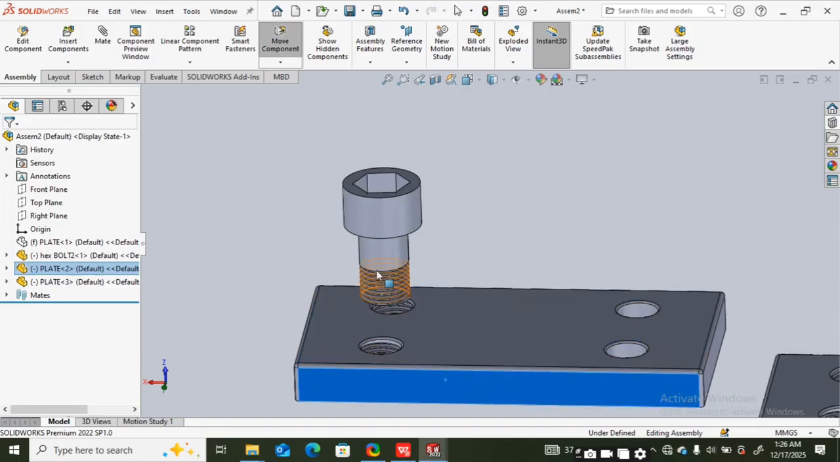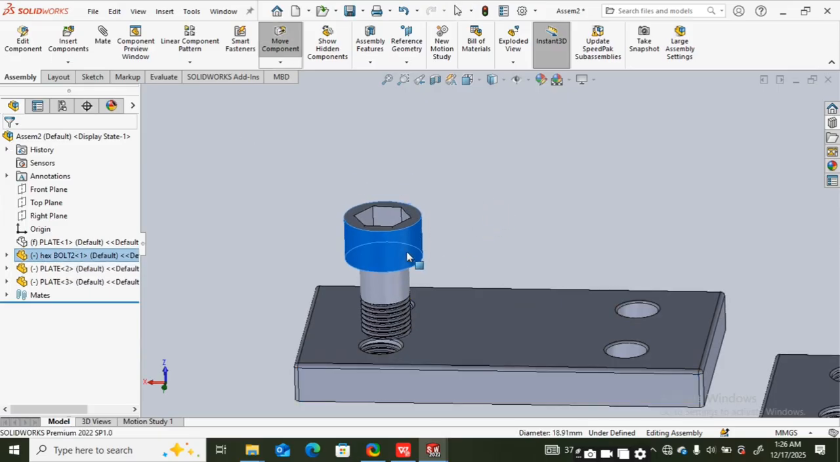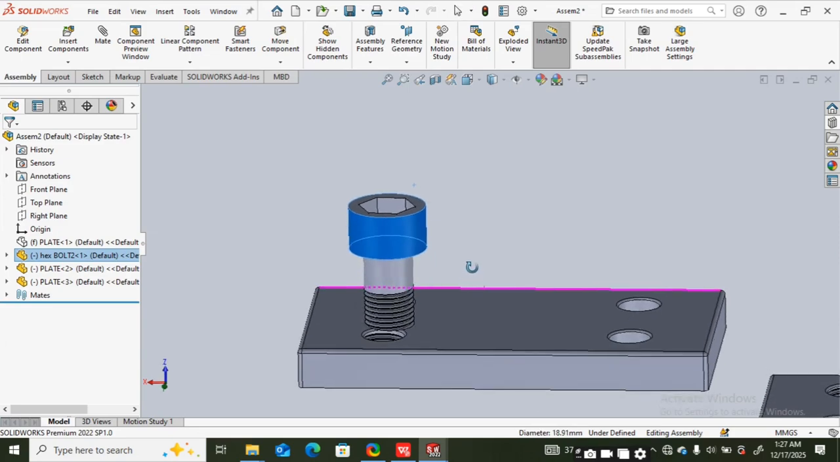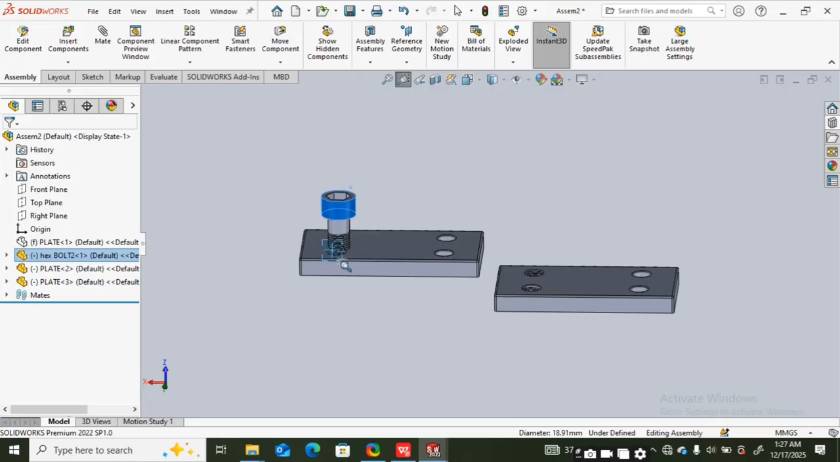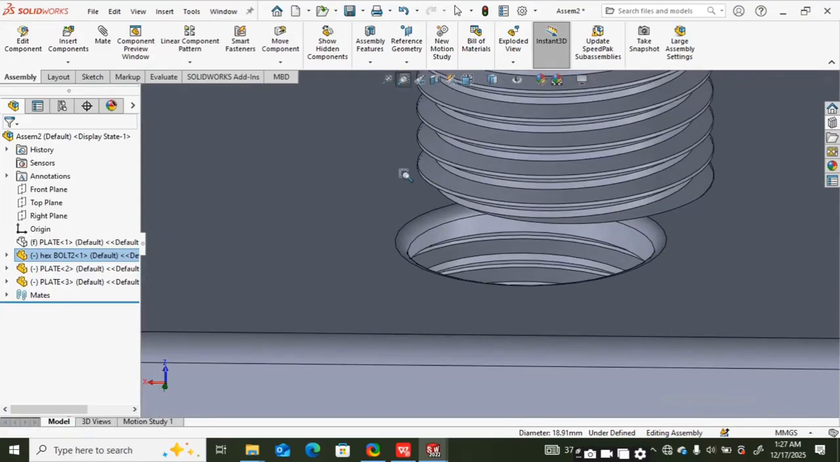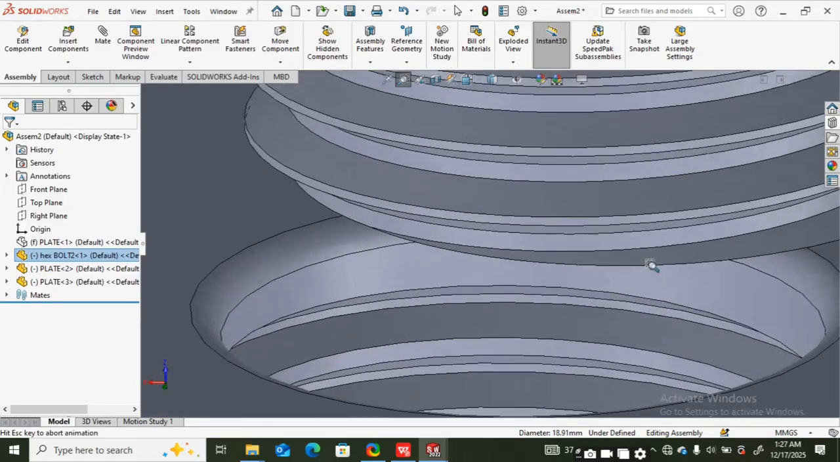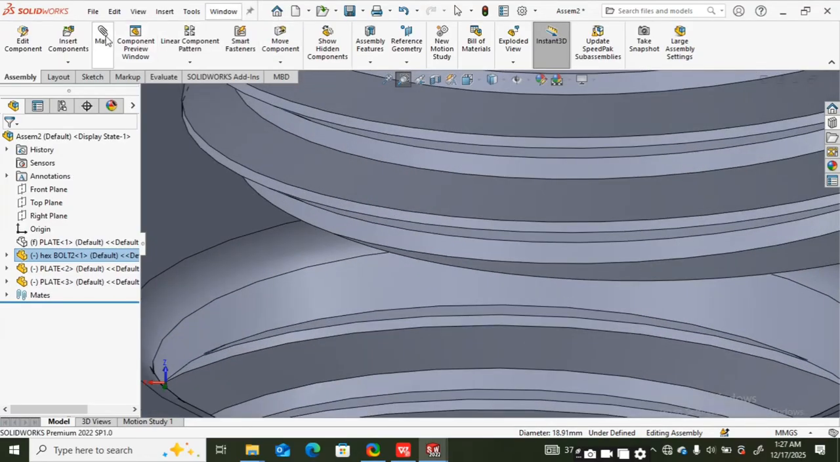So I'm just going to bring this bolt closer to it, and then the next thing to do is to bolt it together, so we're going to see what there is to work on. So I'm going to do it again. All right, so I go to my mate,